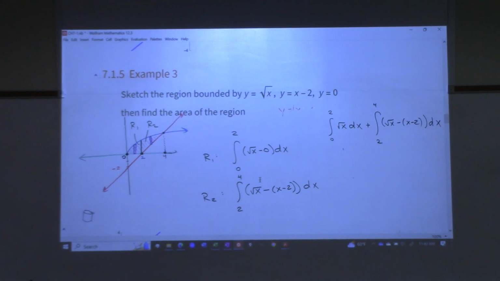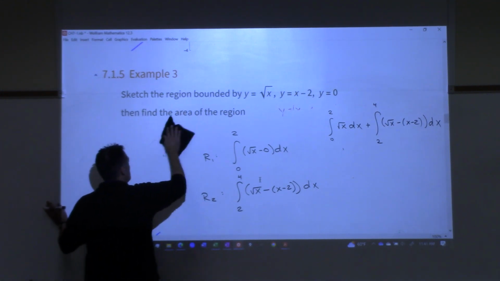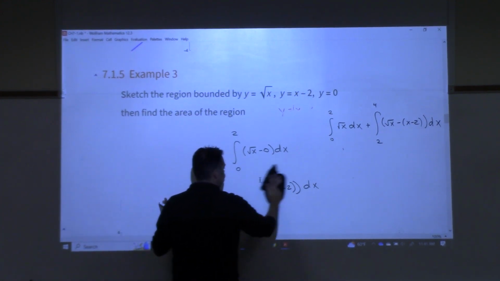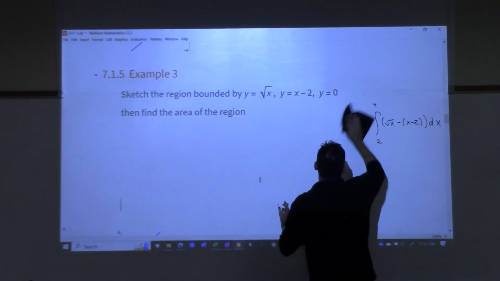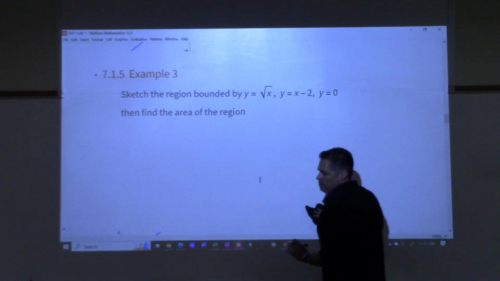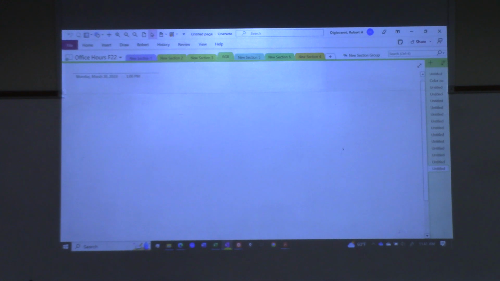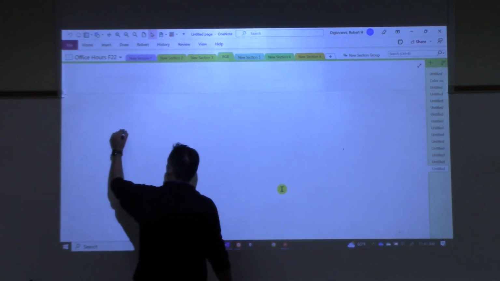So I need to now have you reconsider something that maybe you did in college algebra. I really want to make sure that we can stir all that up again so we can handle this problem in a different manner. I don't know how deep I want to go into this though, so let's just have a little discussion and see how this goes. If I put this on the board